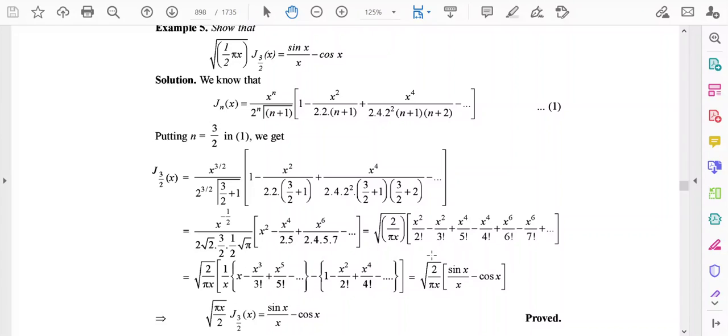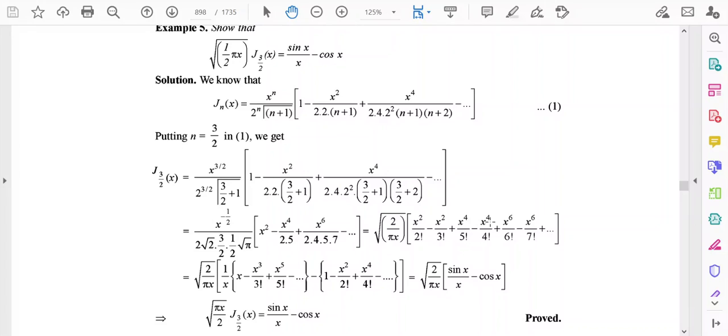But here if you observe carefully, you see that the x square term, basically this is x square by 3, because after multiplication from this coefficient, that term has been written by the subtraction of two terms, like x square by 2 factorial minus x square by 3 factorial, and this term, that is x to the power 4 by 2 into 5, that is 10. We are writing this term as a subtraction of these two terms, like x to the power 4 by 5 factorial minus x to the power 4 by 4 factorial,